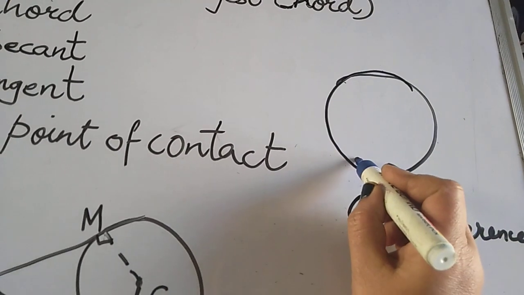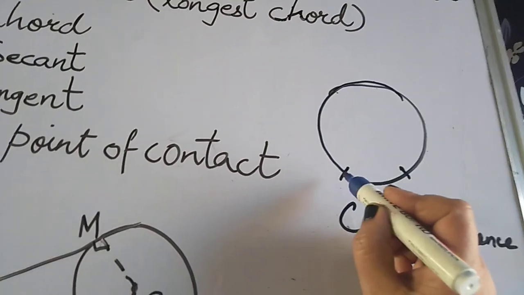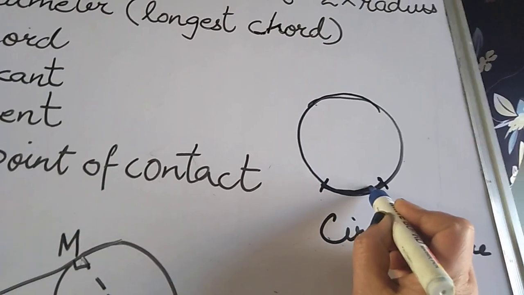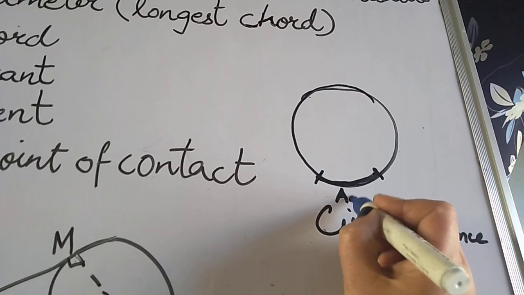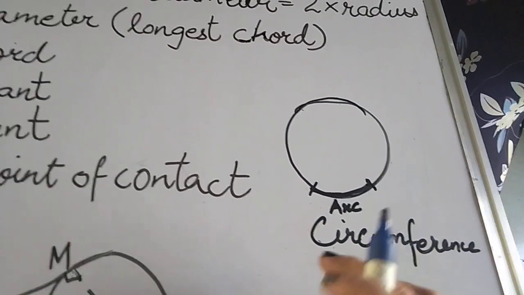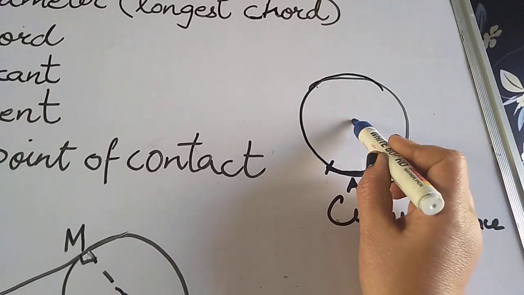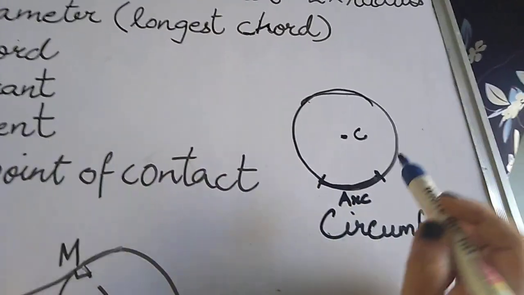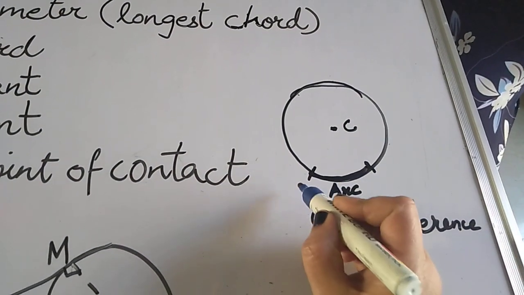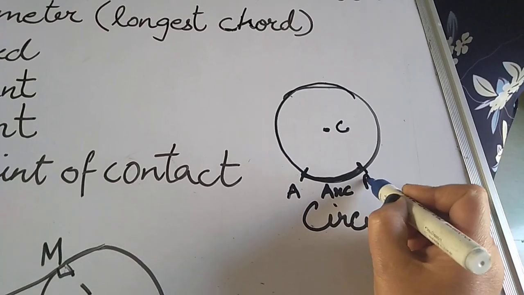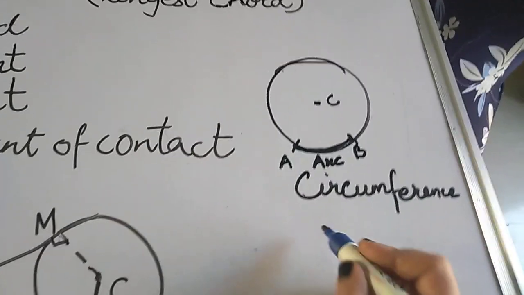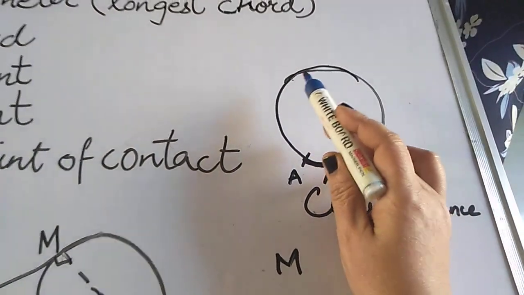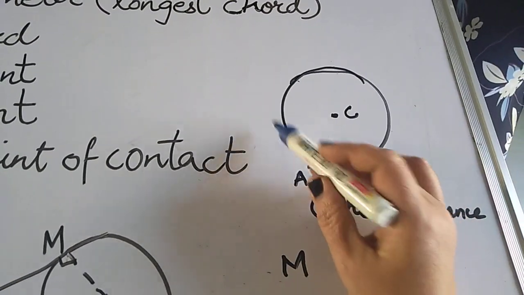If I take a part of the circumference, if we cut out this much, this is not a straight line, it is called an arc. Arc, A-R-C. You draw arcs with the compass. If this is the center of the circle, take the radius 5 centimeter and draw an arc. Now this arc AB, this smaller part is called the minor arc, and the bigger arc is also AB.